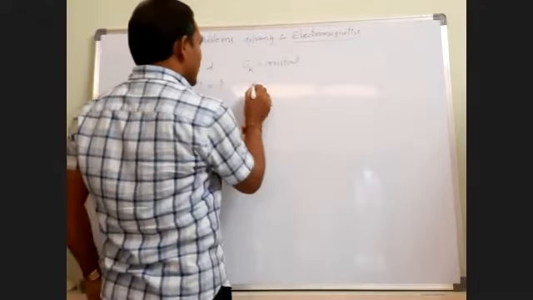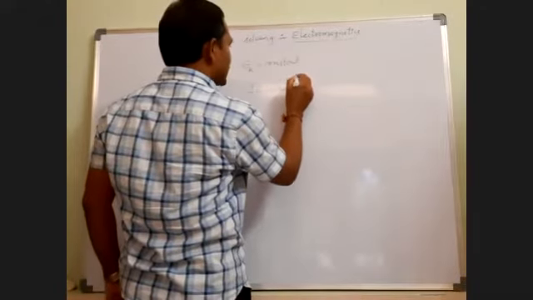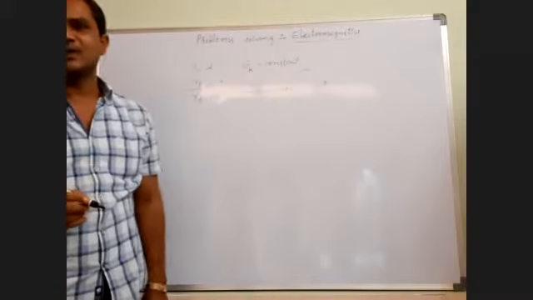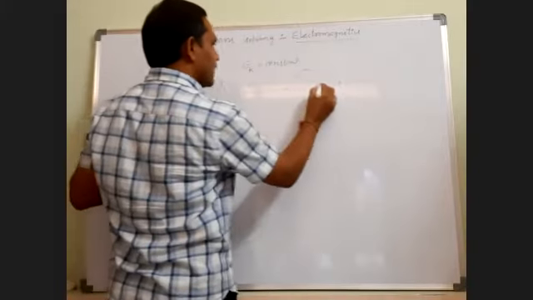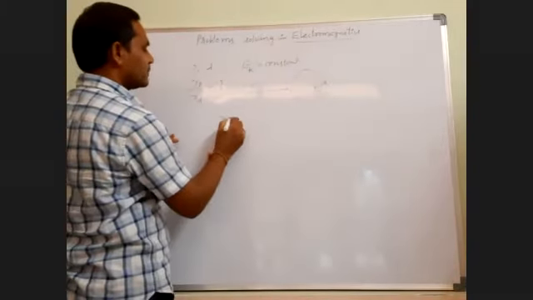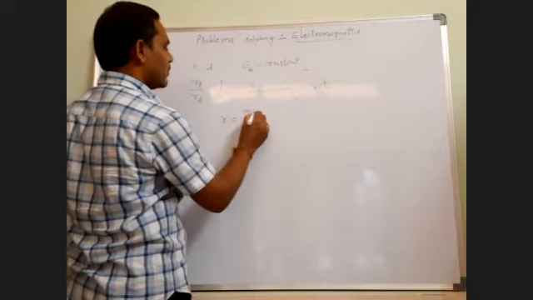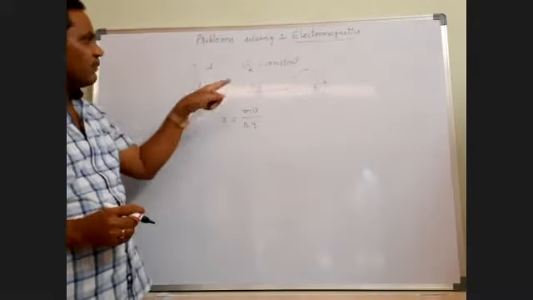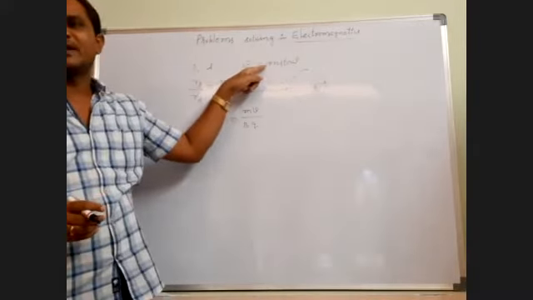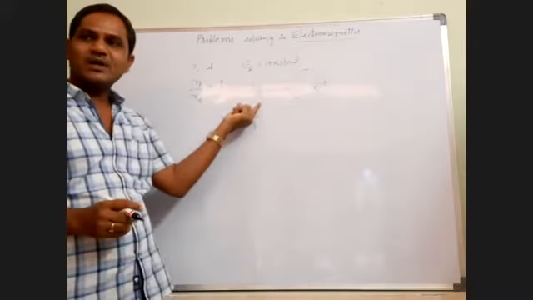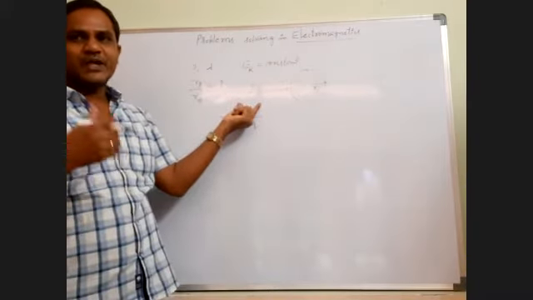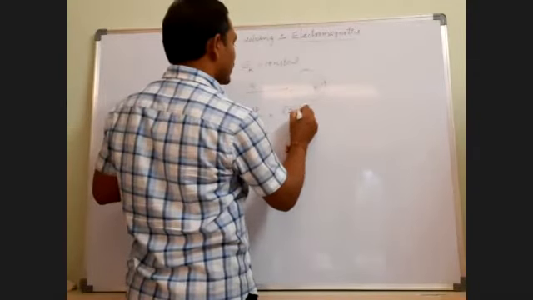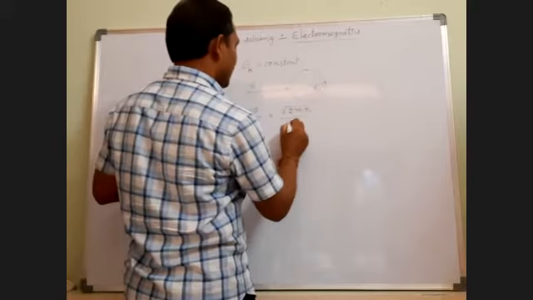So when the charged particle is projected perpendicular to the magnetic field, it follows what? Circular path. Okay. Then the radius of this circular path, the formula, anybody? What is the radius of circular path? R equal to mv by Bq. But in our problem, kinetic energy is constant for both particles. So here m into v represents what? Momentum. So momentum in terms of kinetic energy, this one we can write as root of 2mK by Bq.